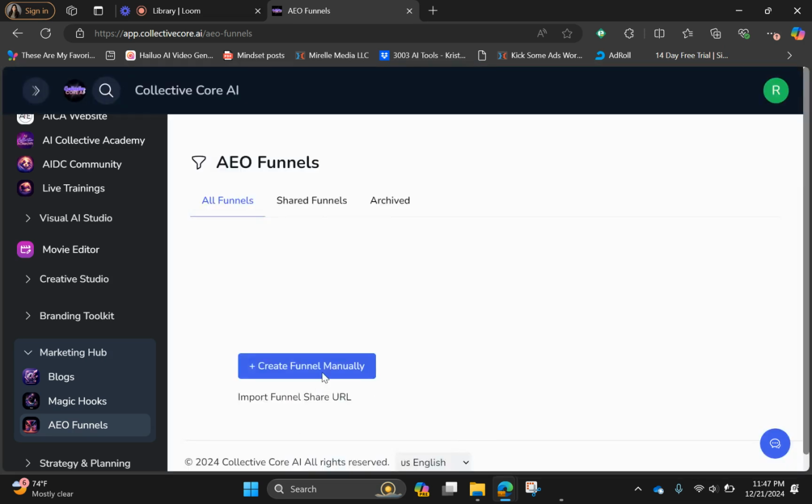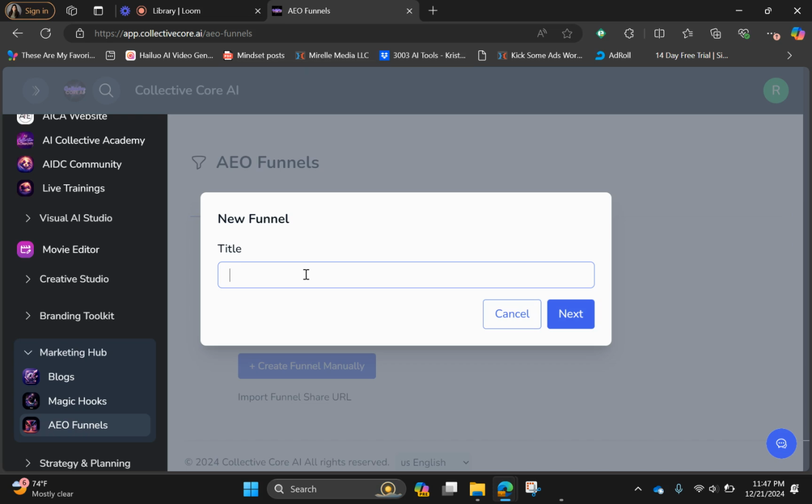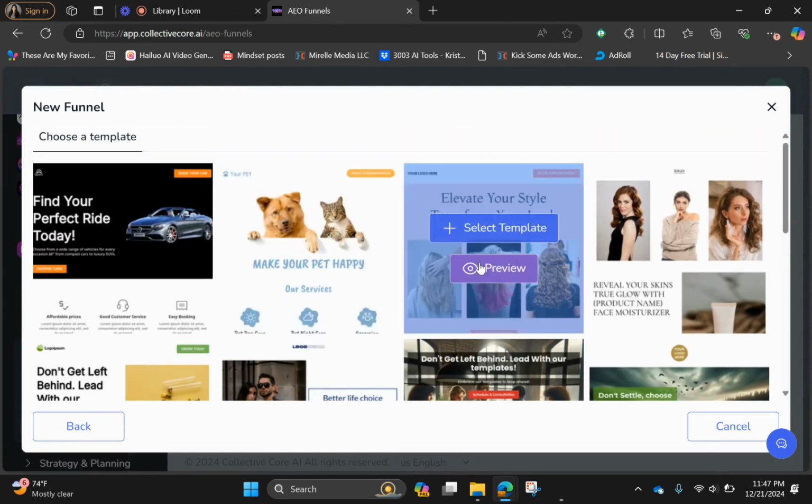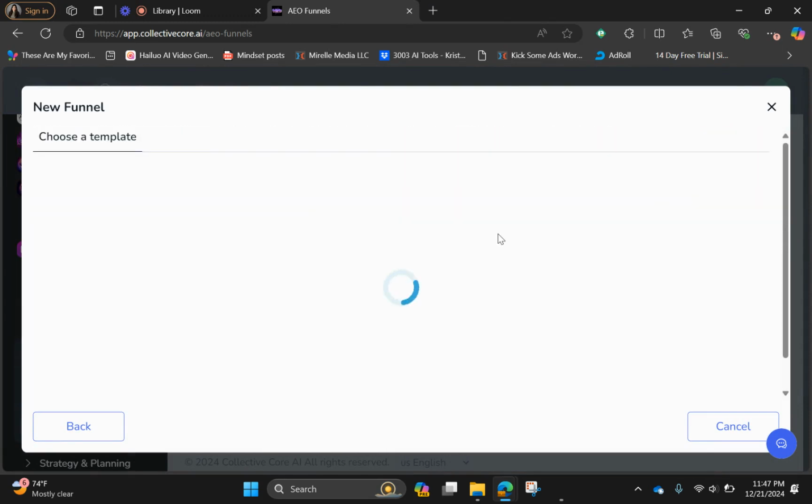So here, test. You can choose whichever template you want. I'm trying not to make it too long, it's going to take too long.